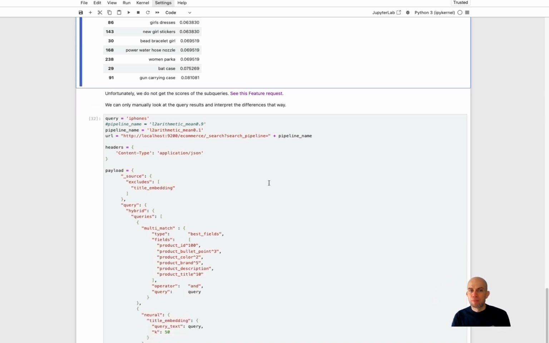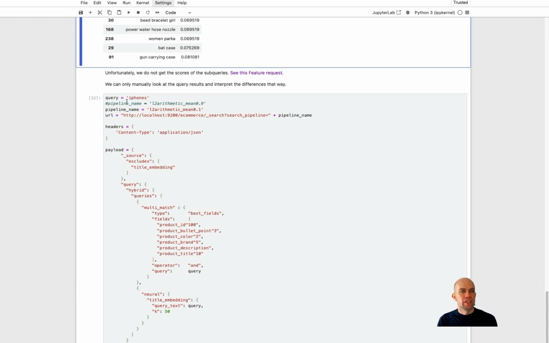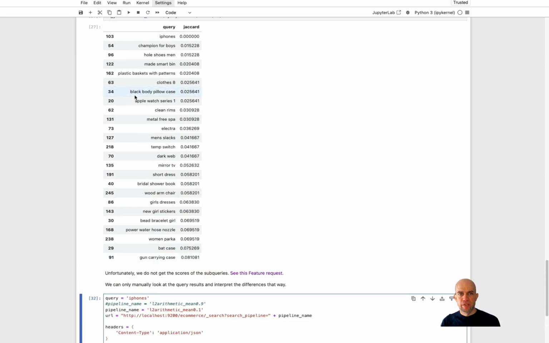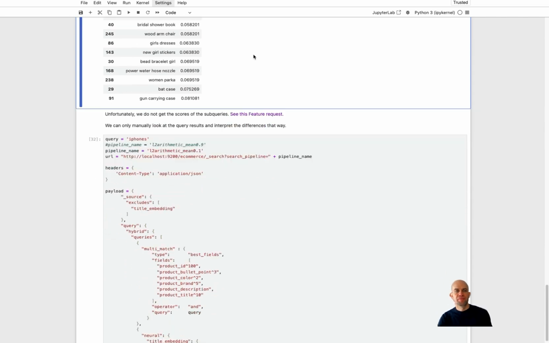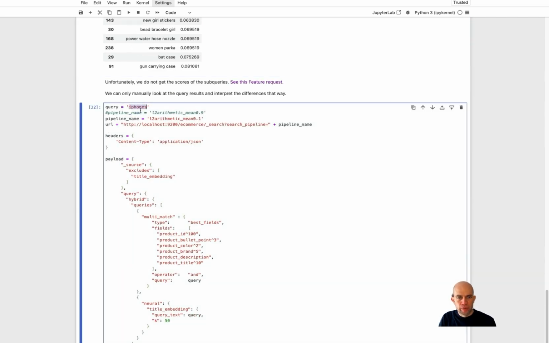So what we can do is we can manually look at the query results and interpret the differences when looking at these results. So when we have this query iPhones here, so this is now the one with least shared information among the top 10, we can say, okay, a query is iPhones. We have that here in the keyword query and here the neural query. And then we can use the pipeline L2 arithmetic mean 0.1. Of course, you need to create this pipeline up front. We have created all of them as part of a different